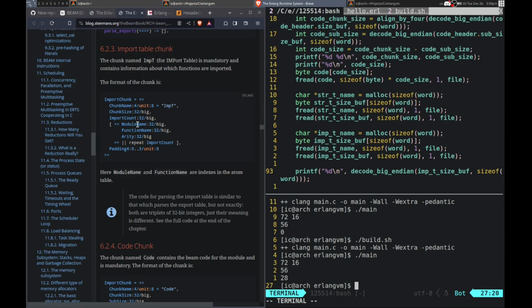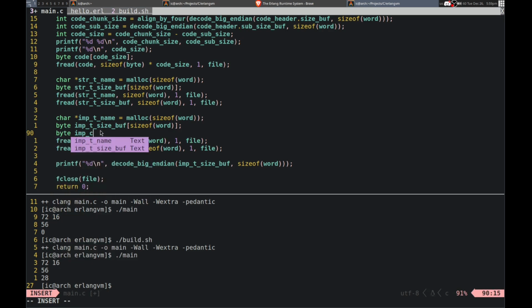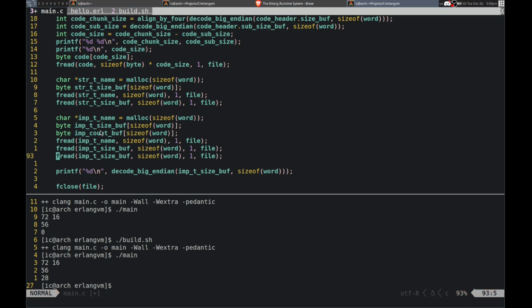So how is that structured? We have the size and then the import count. Okay, yes, we need to read one more for the count. Size of word. Okay, read that.